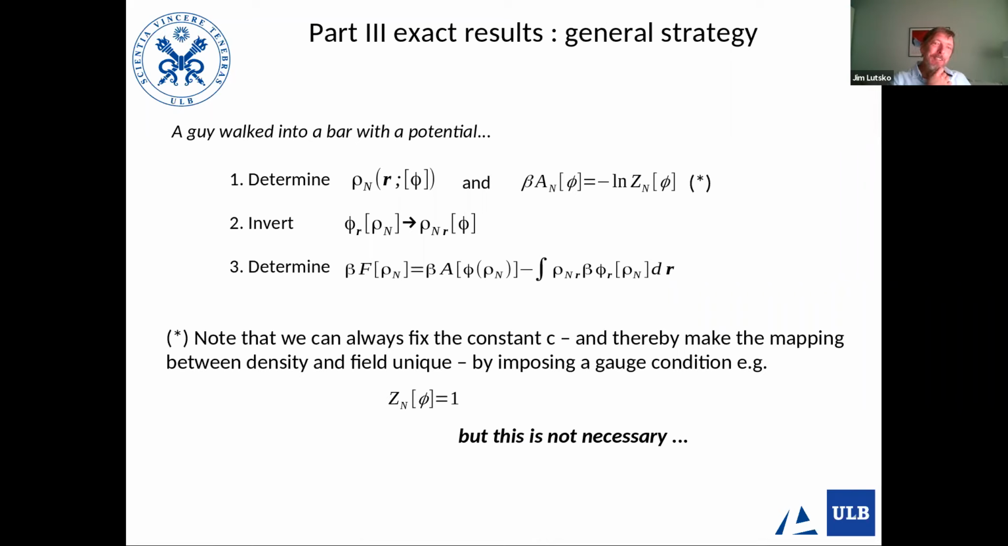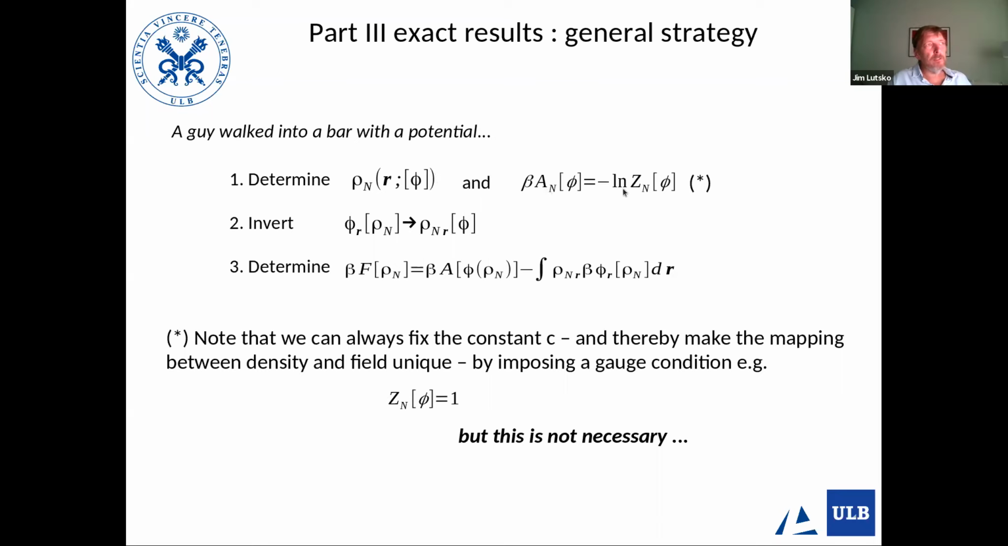Anyways, given this, the question is, why don't we do it in the canonical ensemble? The natural place to start is to look at some exact results. And how do you get exact results? Well, the only strategy I know is outlined on this slide. Some guy bets you he'll buy you a drink if he can give you a potential and you can determine the density, the functional. So first you construct the density for an arbitrary field, given whatever constraint you're imposing on your problem,